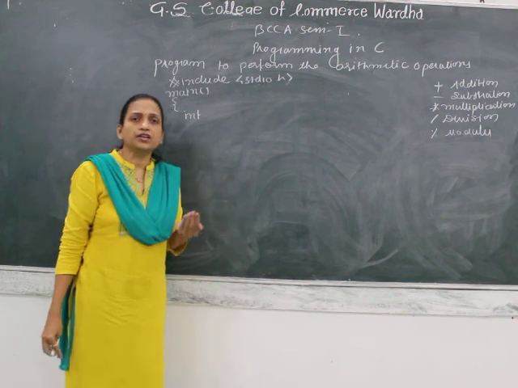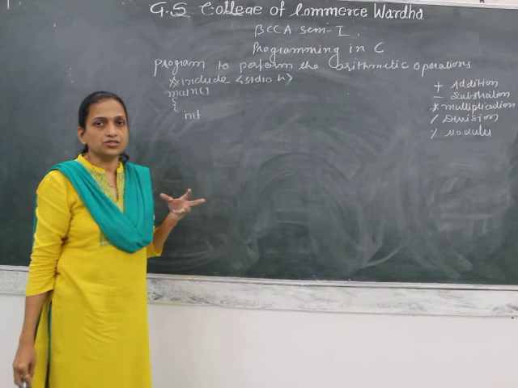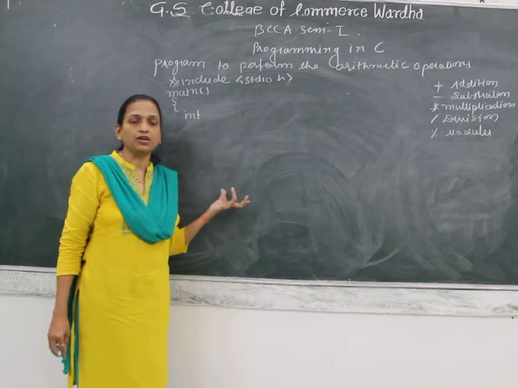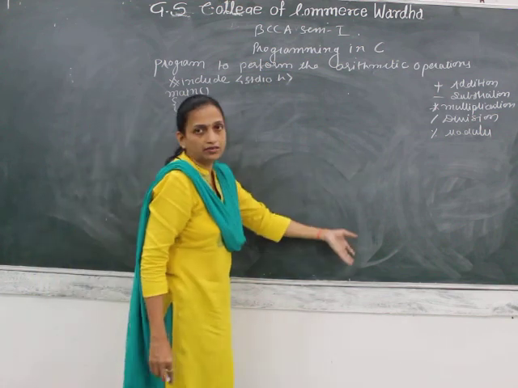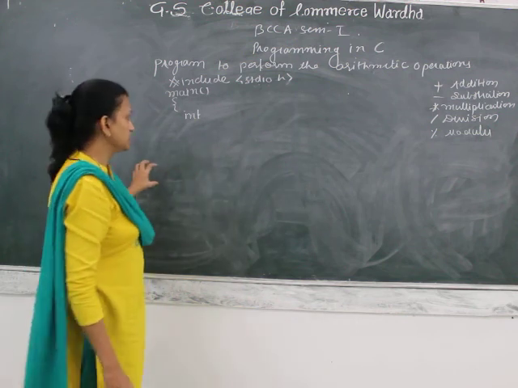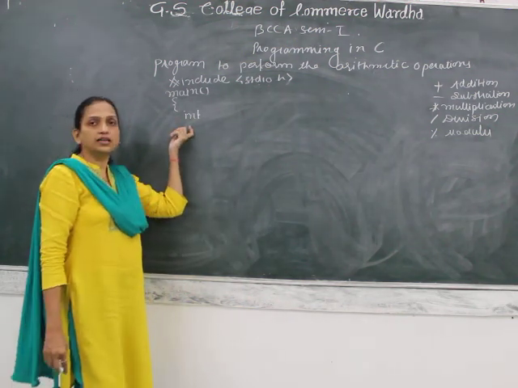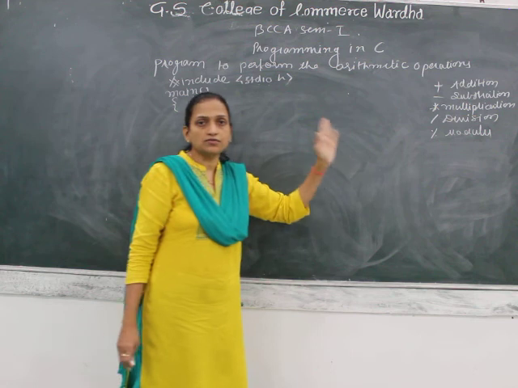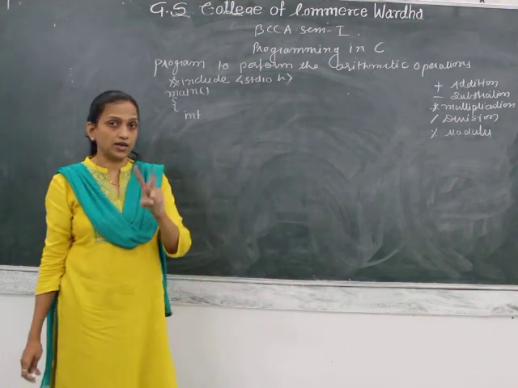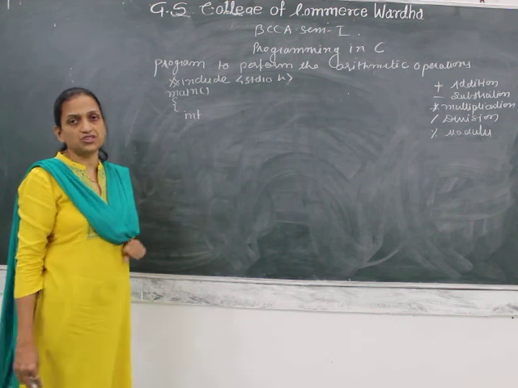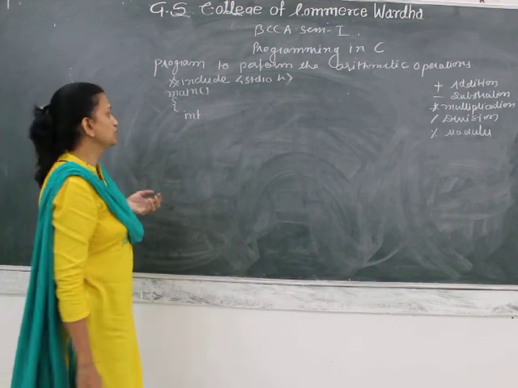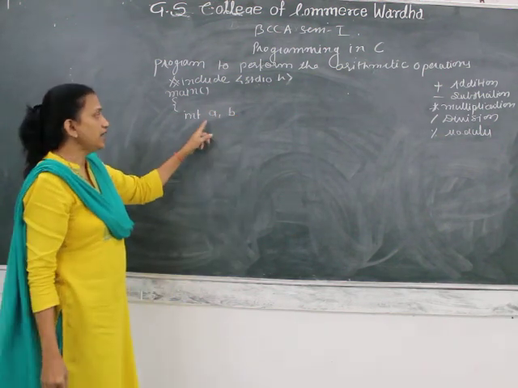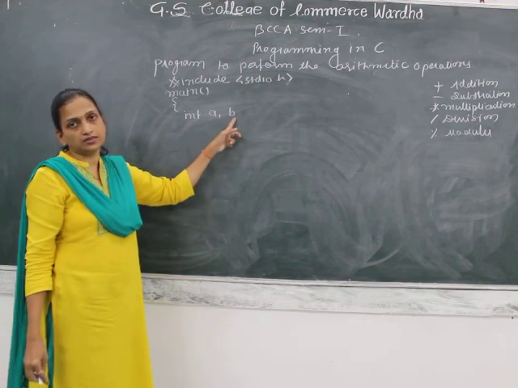Now what type of data do you need? That decision depends upon the requirement of data, what type of data is required to perform a certain kind of processing. So here I am taking the data type as integer. To perform all this processing we need at least 2 values, for addition, subtraction, multiplication, division and modulus. So int a and b. For the first value we declare a as integer, and for the second value we declare b.